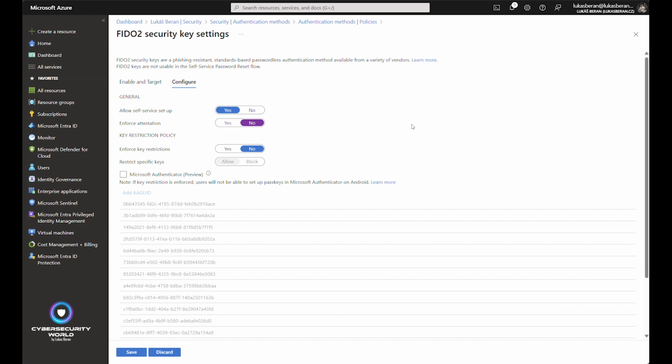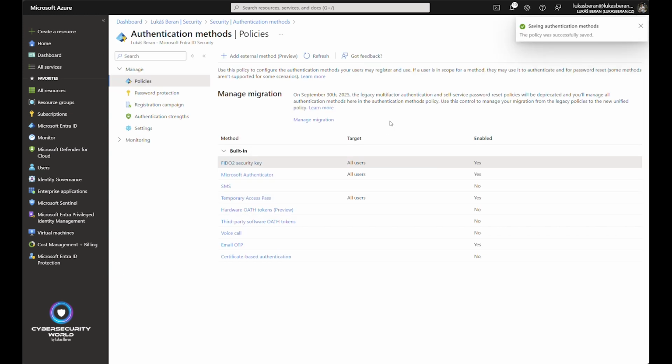Self-service setup should be definitely enabled because we want to allow end users to start using passkeys or FIDO2 keys, so we want to allow them to enroll it actually for their accounts. Then what you need to do is you need to enforce key restrictions. So you need to turn this on, and you need to turn on this Microsoft Authenticator preview option. You can click Save, and with this, you have enabled Microsoft Authenticator with the passkey authentication for your tenant,